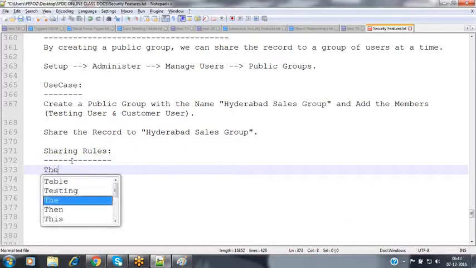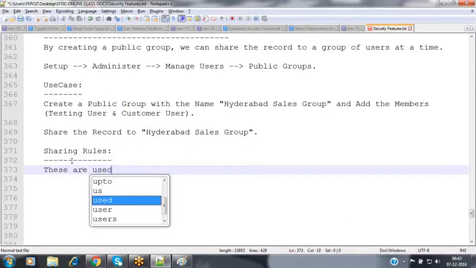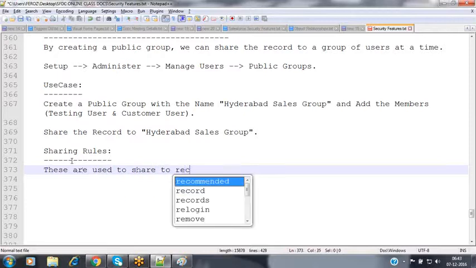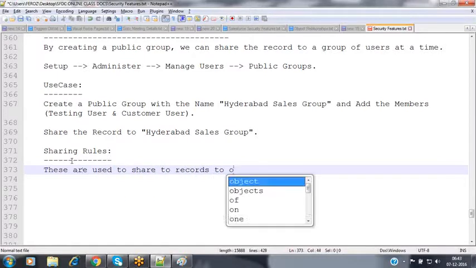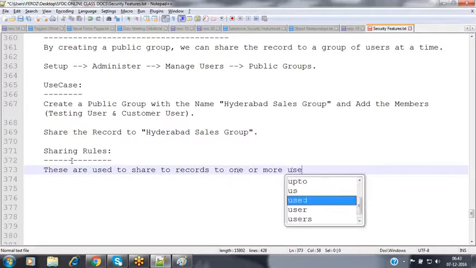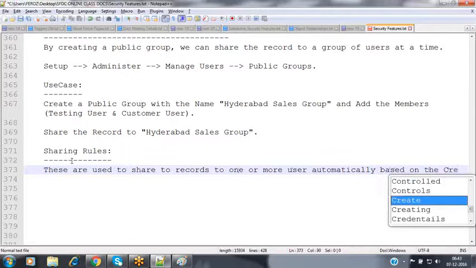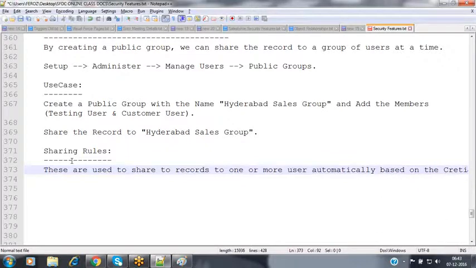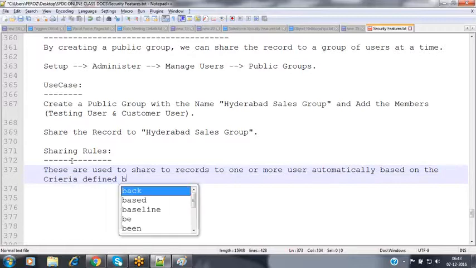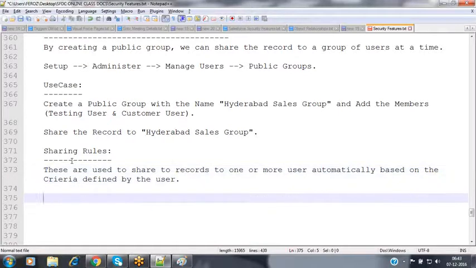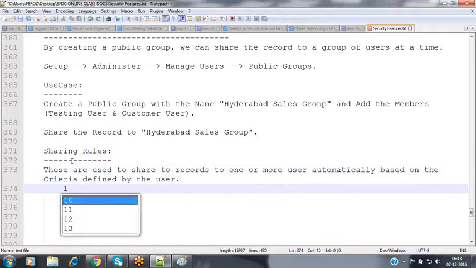So now these are used to share the records to one or more users automatically, based on the criteria defined by the user. So we are having two types of sharing rules.